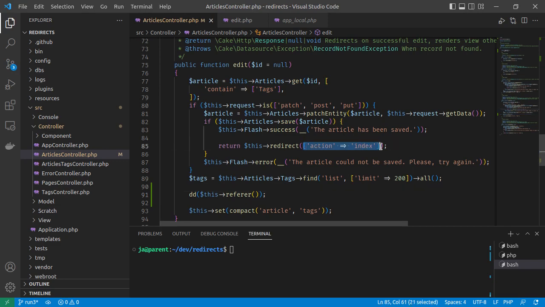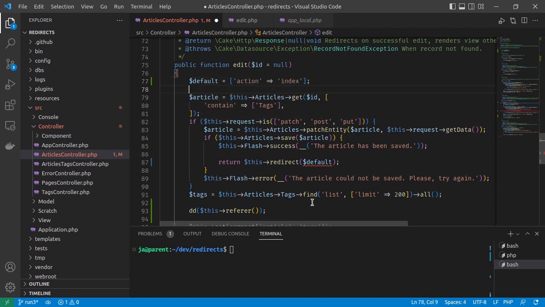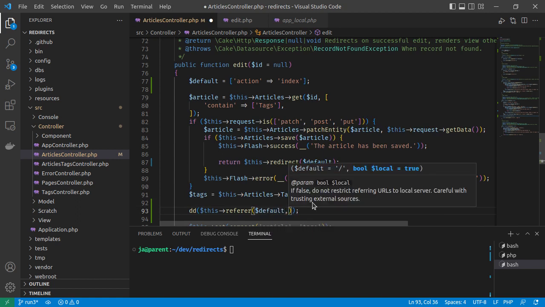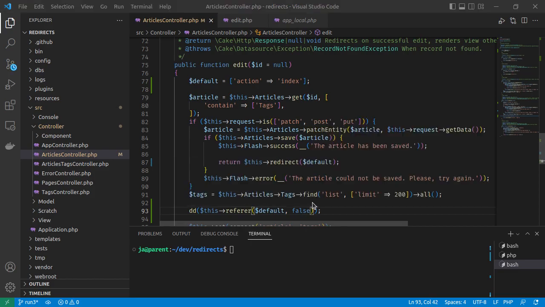So if the referrer is missing, the default URL will be where it would normally return to on a manually or an auto-baked view. So we'll make the default, if it doesn't have a referrer, to that, and we'll make false to make it fully qualified. So now let's have a look at that,